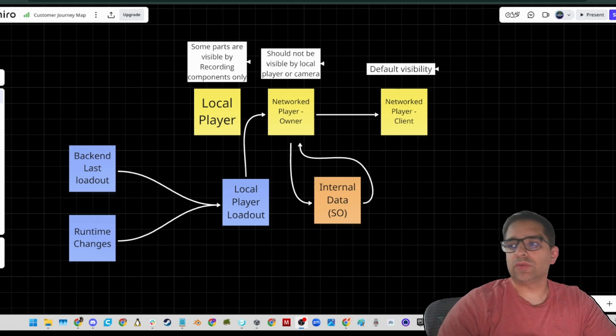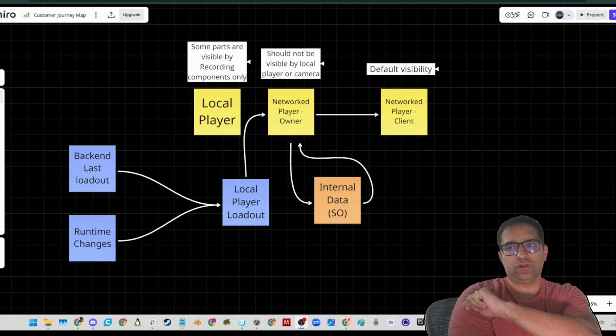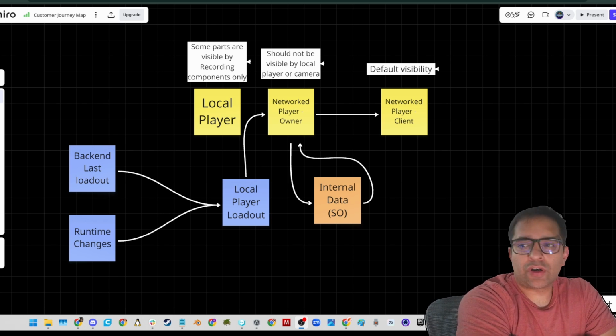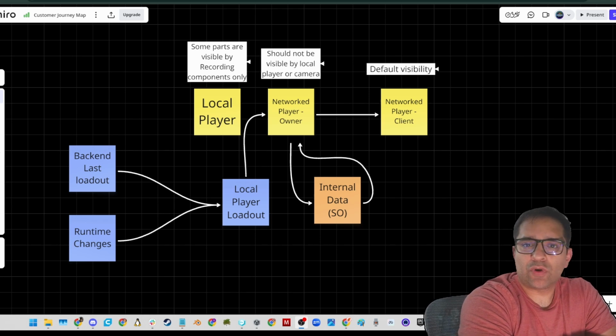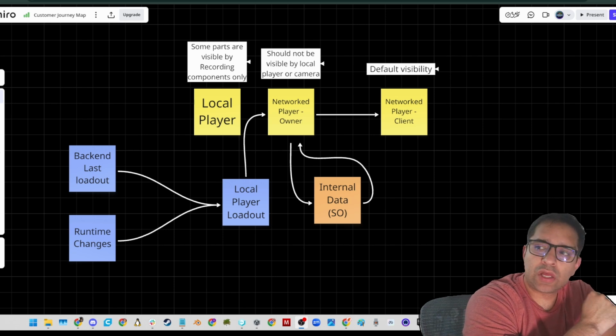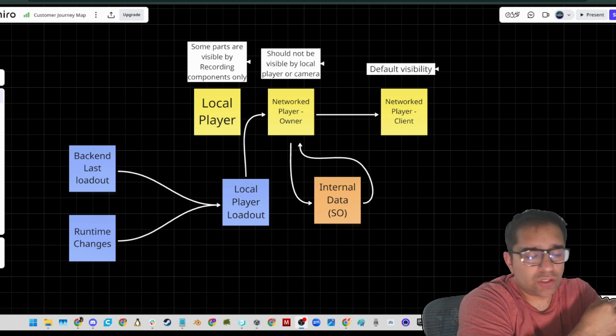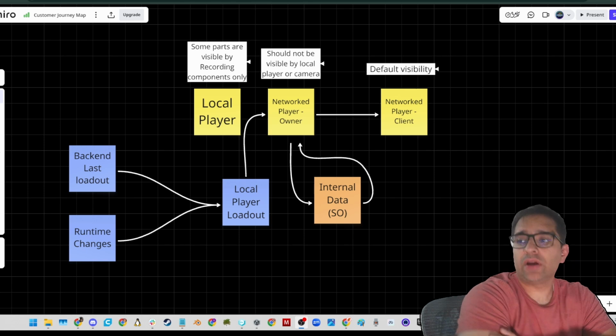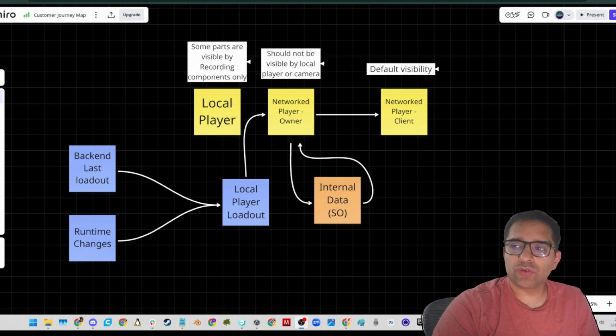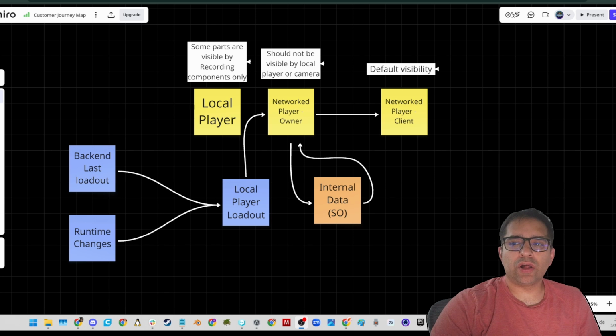Today we're going to talk about cosmetics and how to network those. And we're going to talk about VR, non-VR, and my main focus is to help you understand the principles. You can follow along, you can copy the code. I don't care. But my focus is not to give you step by step, but help you understand the logic